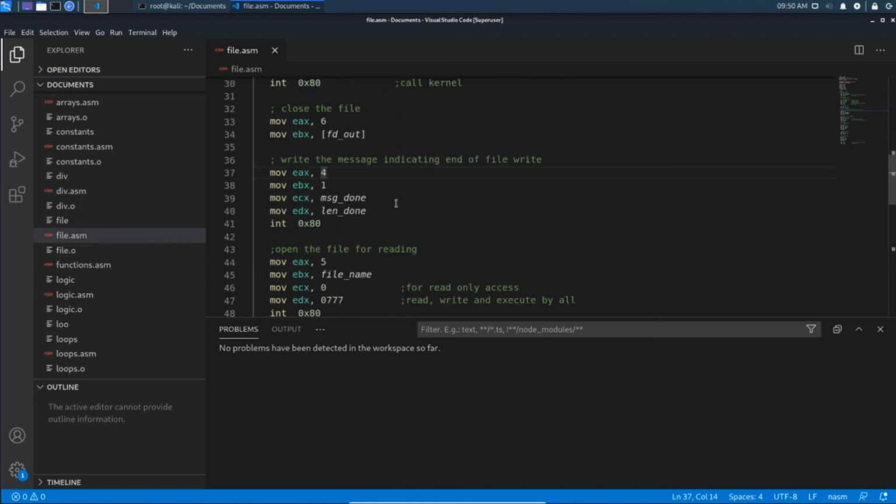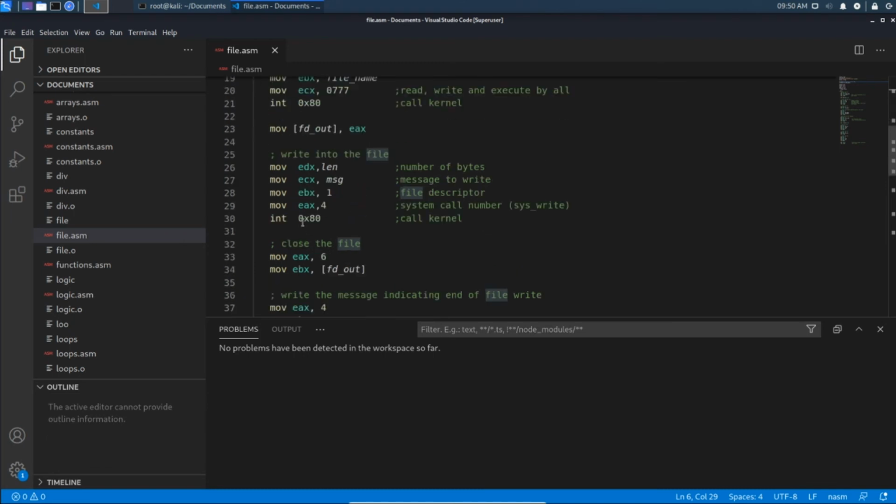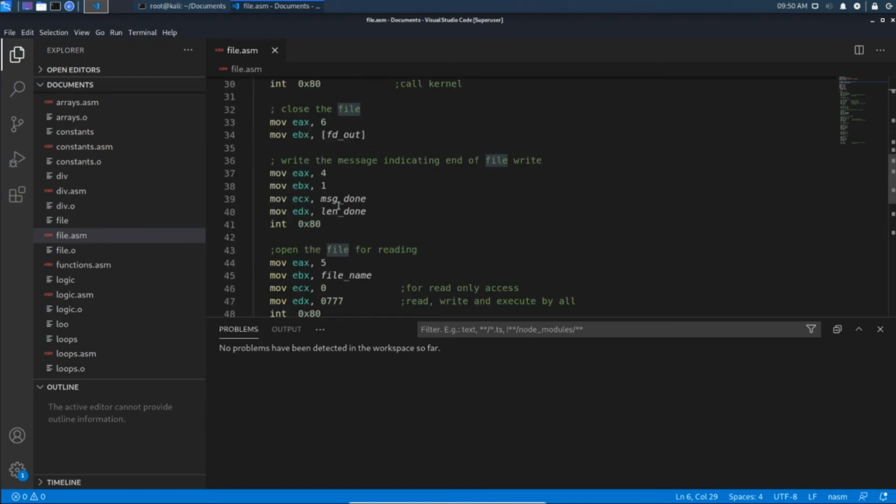Here we are going to write the message to the file. Message done means this message will get printed at here. Where is it? At here, the message will be written to the file using this.